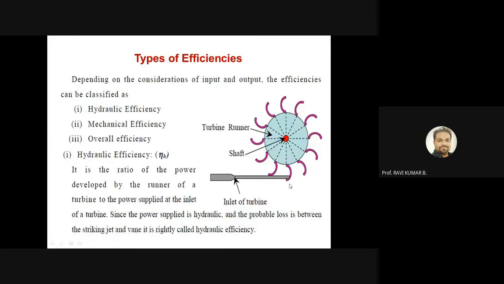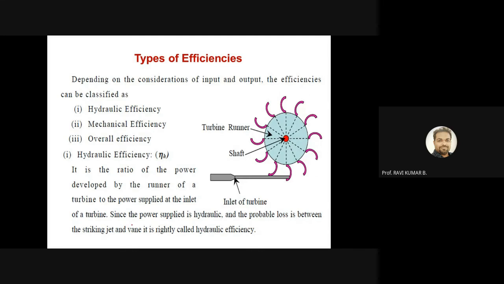So as I was saying, the basic structure is the same. Based on the profile, these efficiency values will differ, based on the type of the turbine. So first you will define the hydraulic efficiency. Hydraulic efficiency will be defined based on the reservoir head, and how much is getting utilized based on that. It is the ratio of the power developed by the runner of the turbine to the power supplied at the inlet of the turbine. Whatever you are supplying over here and what has been produced at the shaft, the ratio of this will basically give the hydraulic efficiency.